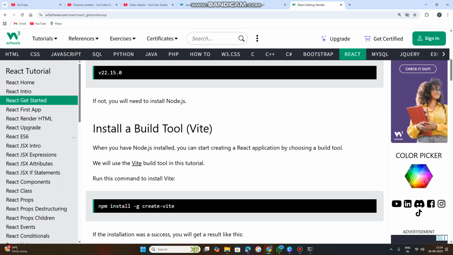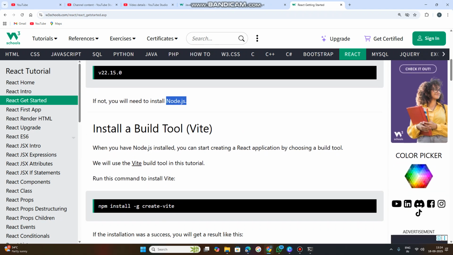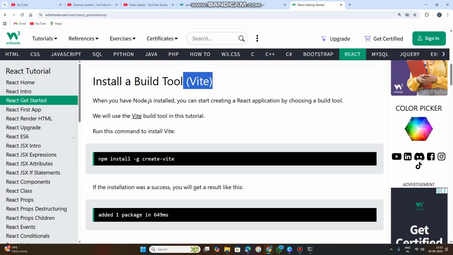So next, we need to install one more build tool, Vite. Once node.js is installed, suppose you want to create a React application, first of all we need to choose a build tool. Here we will install the build tool Vite. Okay, how to install Vite? So for the Vite build tool, you copy this command,